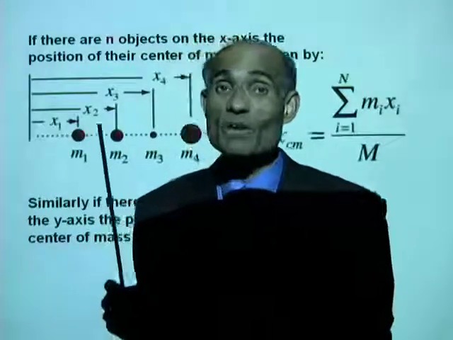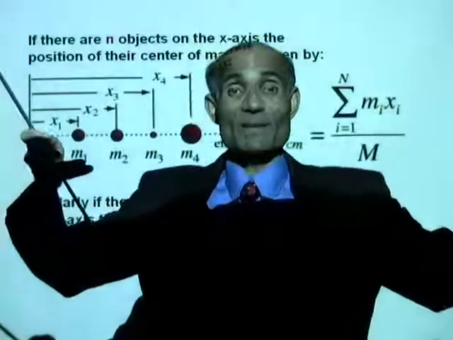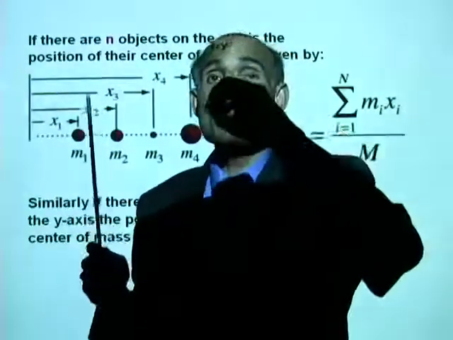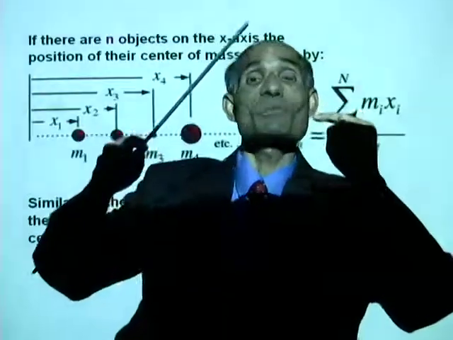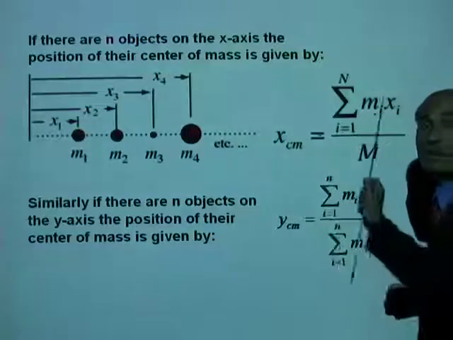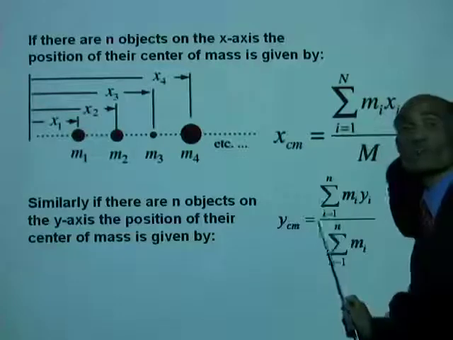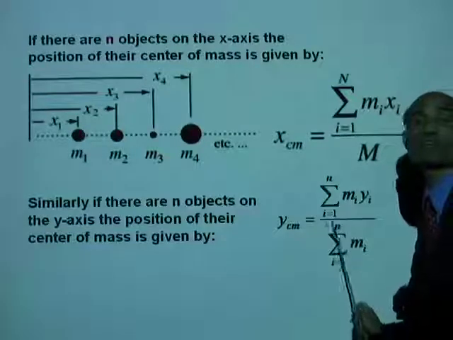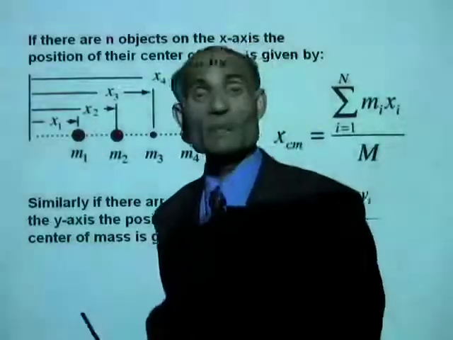Now, very often, objects will be scattered in the xy plane. That means the center of mass will then have an x position and a y position. The x position of the center of mass will be obtained using this equation. The y position of the center of mass will be obtained using the lower equation. All right, let's see